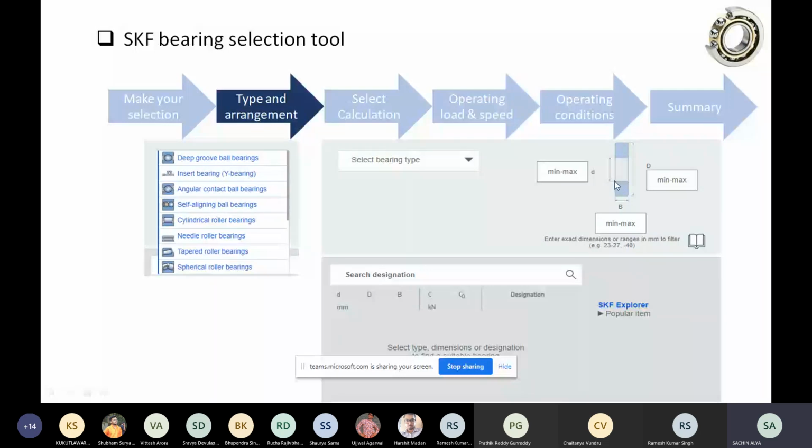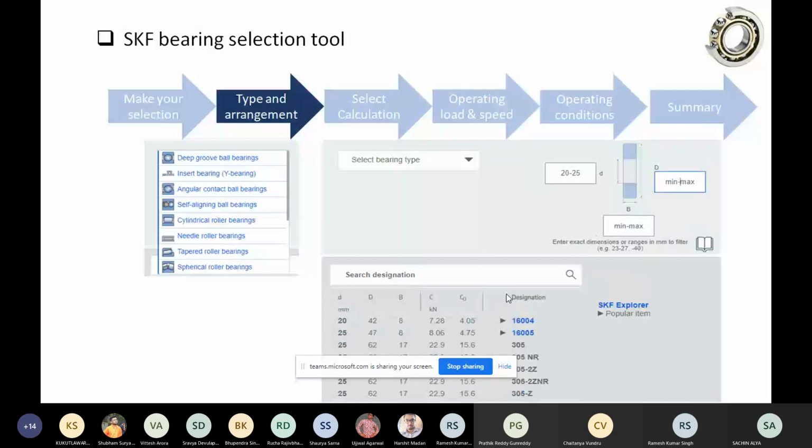We can define particular dimensions, like the shaft diameter, the housing diameter, and the width of the bearing, or we can just define a range that we can accommodate. Based on this, the SKF tool will give us the set of bearings available in their catalog within that range.